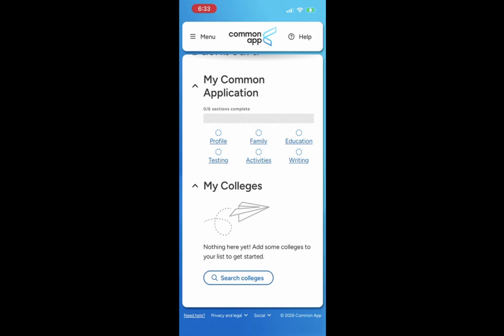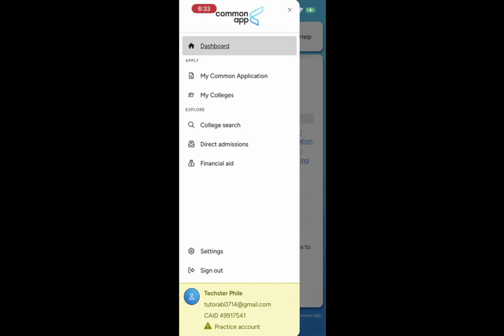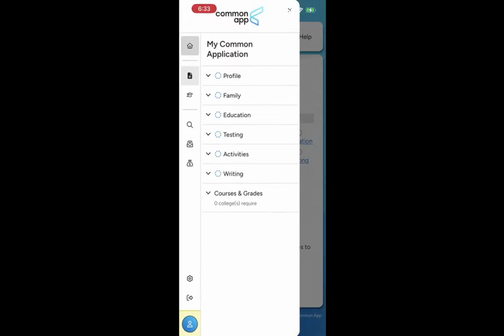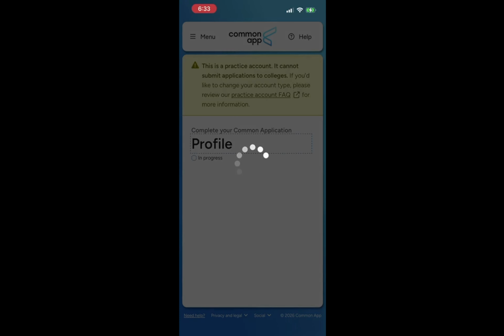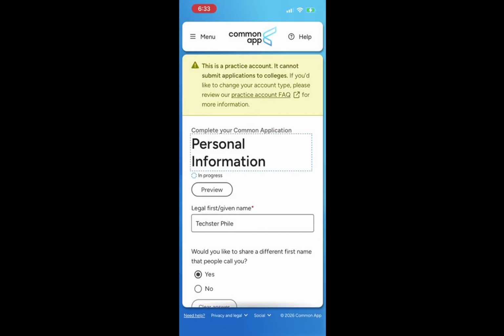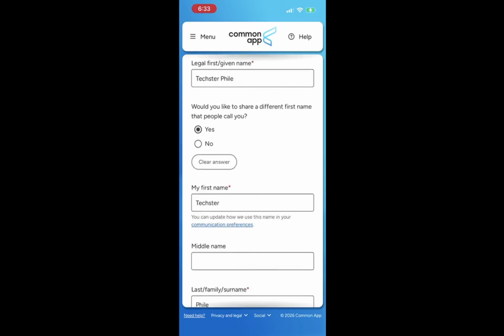Once you are signed in, open My Common Application. This section is typically found in the main menu. A click here takes you to the heart of your application. You will notice various tabs that allow you to navigate through your information easily. Here, you can review your application components, check deadlines, and make necessary changes. This step is important because it consolidates all your application information in one place, making it easier to manage.